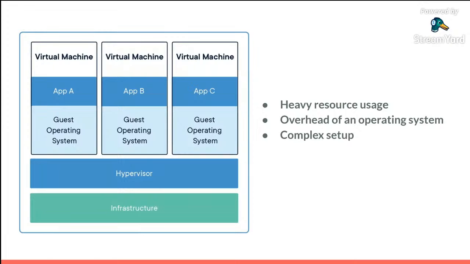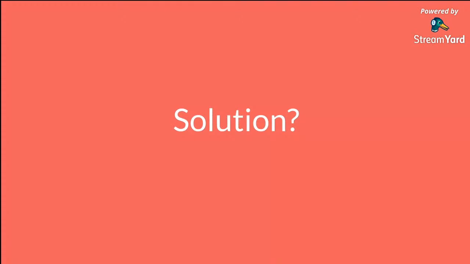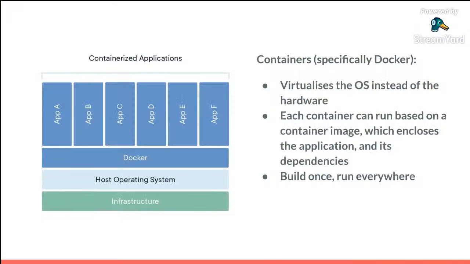But you get the point, right? Running an operating system just to run a particular app doesn't really make sense. It uses too many resources. Each time you have to set up a virtual machine, so the setup is complex. Then you obviously have this entire overhead, so all that performance is being used up running this operating system. So is there a solution? Well, of course, this is where containers come in, and it's this magical little thing that I'll get into in a minute. I will be specifically talking about Docker